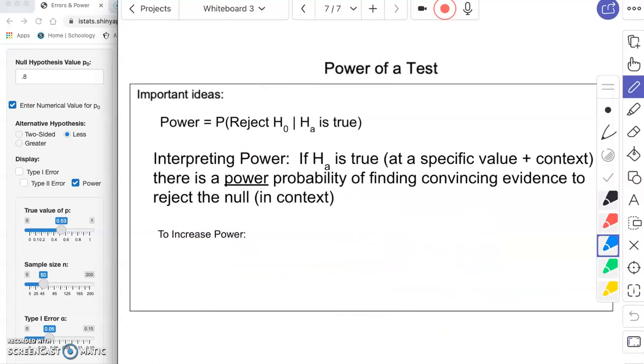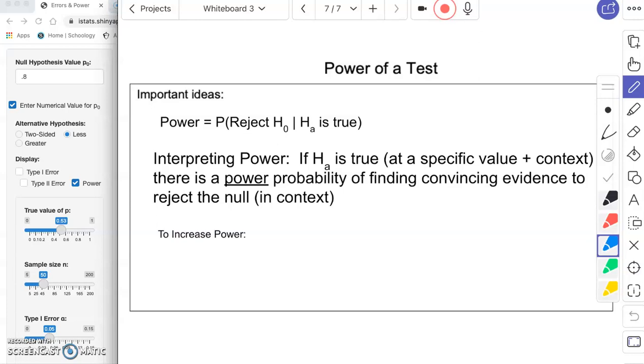All right, so just to quickly wrap up with our key ideas. So power is a conditional probability. It's given that the alternative is true, it's a probability that you will correctly reject the null. So when you interpret power, you always do this in your explanation to get full credit. So you're saying if the alternative is true, at a specific value in context, there is a, whatever the power is and that will have to be given to you. You don't have to calculate it. There is like an 80% probability of finding convincing evidence to reject the null,